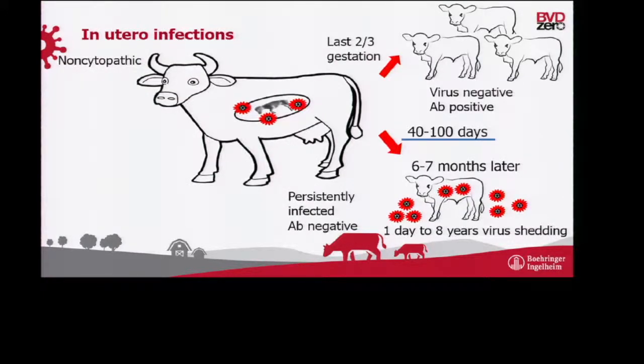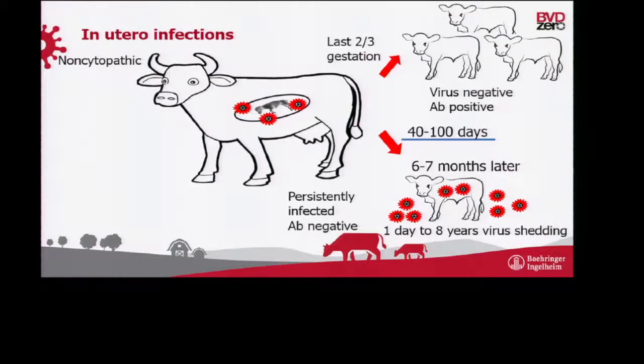Once again, I think there might be an international requirement for all BVD slide shows to have a slide of this type. Everybody has their own version. I borrowed this version from Bolker because his cows were prettier than my cows. So we have an animal who's pregnant. She is exposed to non-cytopathic virus. It infects her. It also infects her fetus.